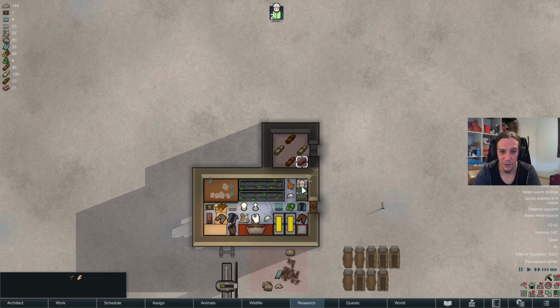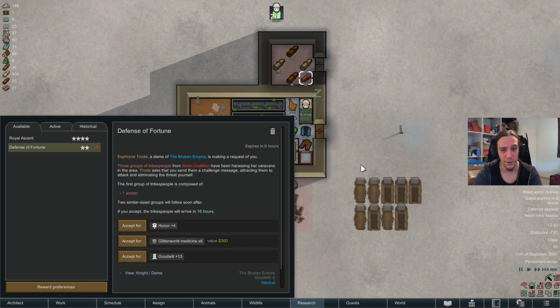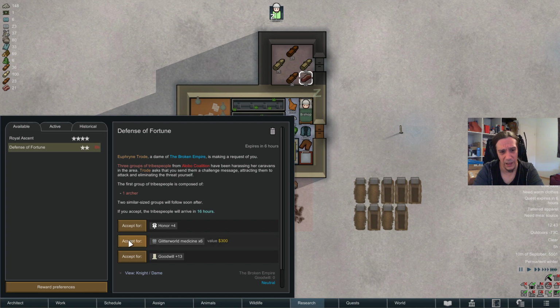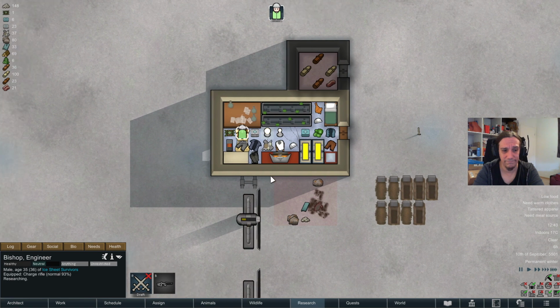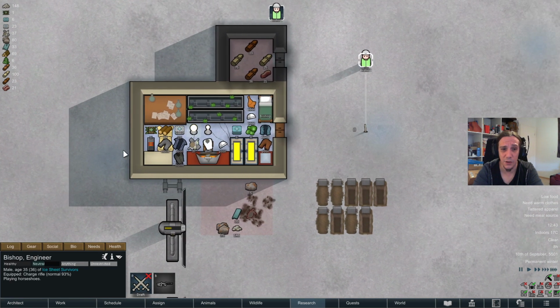Wildlife-wise, pretty much nothing is coming along here. Defense of Fortune. So I'll accept that, even though it's going to be rather dangerous. And I'm going to accept it for honor, because I really feel like, or do I? The first levels of royalty give you access to a few spell casts. No. I'll accept that for Glitworld meds. You know, Glitworld meds are just lifesavers, and a bit of honor is just a new